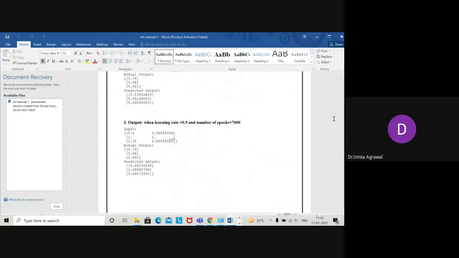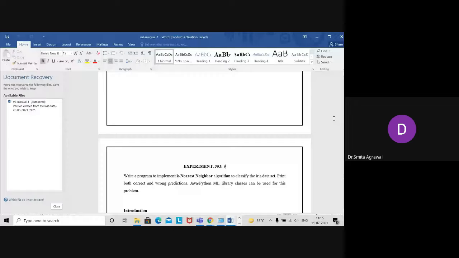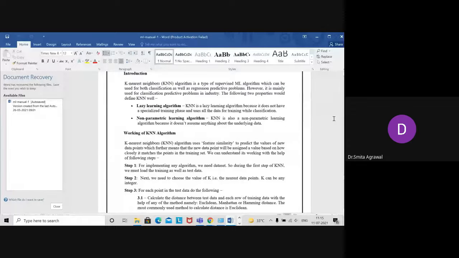In previous machine learning labs, we have discussed various programs on machine learning. Today we will learn how to implement or code the k nearest neighbor algorithm using Python. First, I'm going to introduce the k nearest neighbor algorithm to you all.